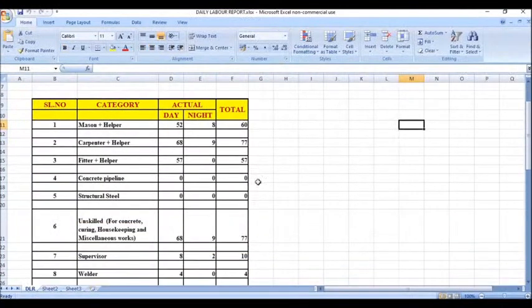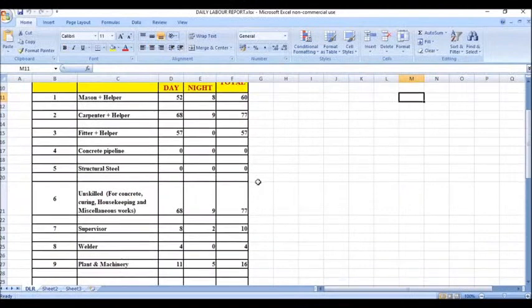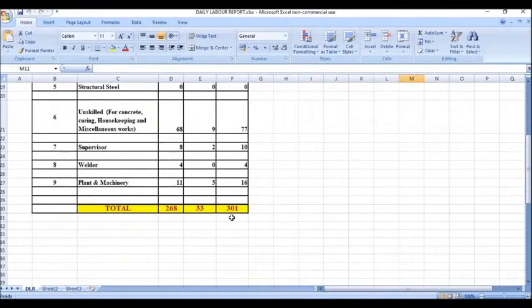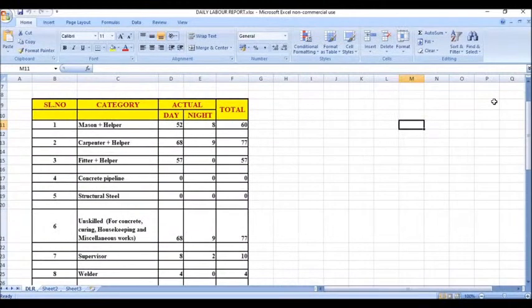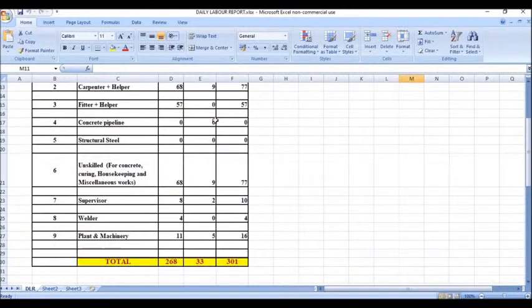And this one is called the daily labor report. Every morning the daily labor report must be submitted to the client from the contractor side. This is the format,